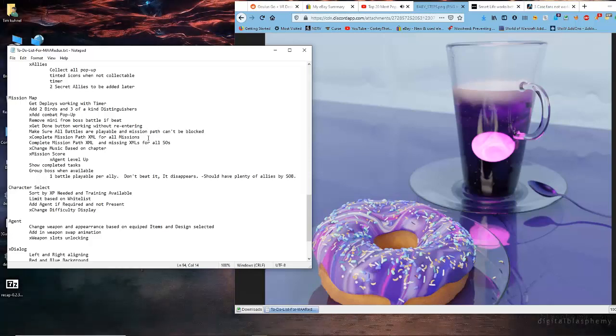Make sure all battles are playable and mission path can't be blocked. So this was occasionally a bug that would sometimes show up in the original version of the game, where you could accidentally, on some missions, screw yourself out of the mission progressing because you did combat in an odd way that a trigger wouldn't fire.